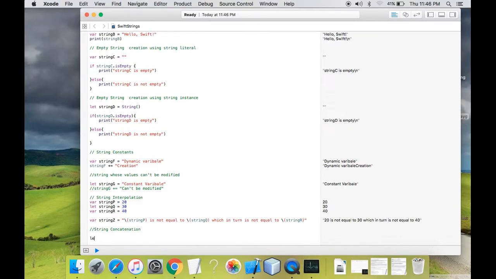Here I am creating a string named string concat, and I'm assigning a value of string to it. And I'm creating another variable named string concat2, and I'm assigning a value of concatenation to it.